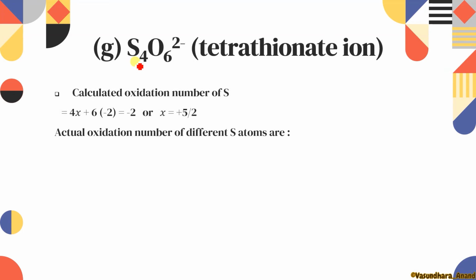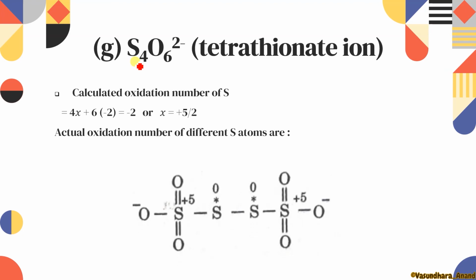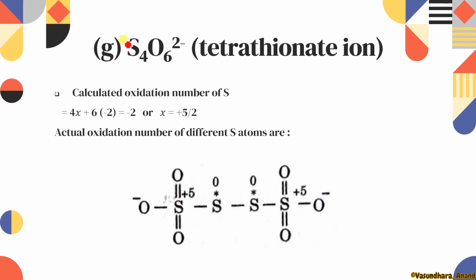Yes, so we will find it by drawing the structure. 4 sulfur, we will draw all the 4 sulfur. Then 6 oxygen, outside equally distributing, we will come towards the inside. So outside it is going to be over. 2 minus, so 1 minus charge, give it on this side oxygen, 1 on this side oxygen. And then find the oxidation number. Again, we divide it in parts, and then this one is -2.